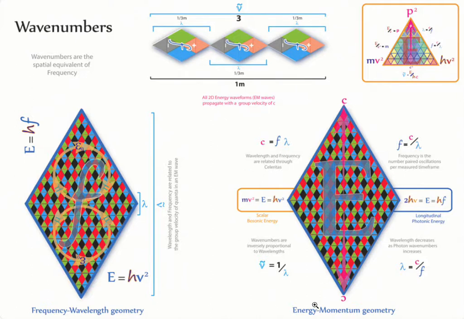But again, Tetryonics can show the wave number relationship is the inverse of the wavelength. The wavelength's relationship to the frequency is via the speed of propagation, and the opposite, obviously, the frequency is related to the wavelength through the speed of propagation. In all cases, we have a scalar energy made up of quantized energy momenta that are charged, but the total net charge is 0. It's a bidirectional radiant form of energy,